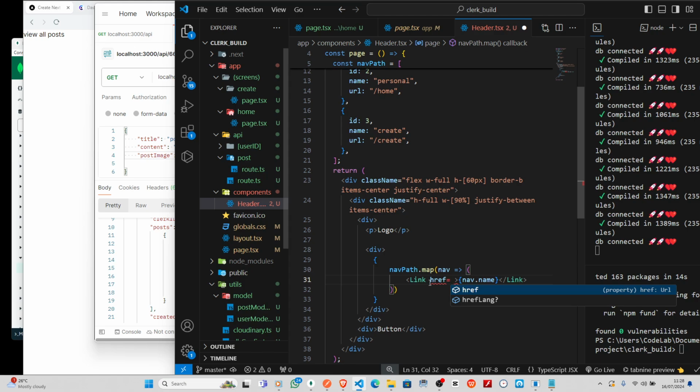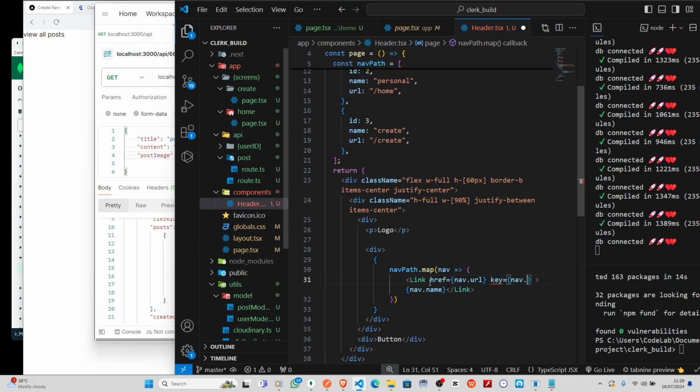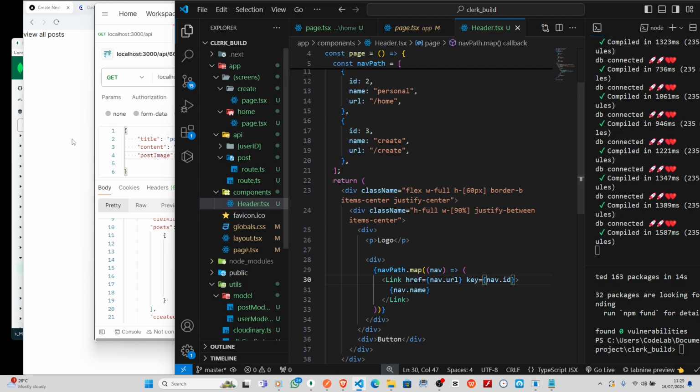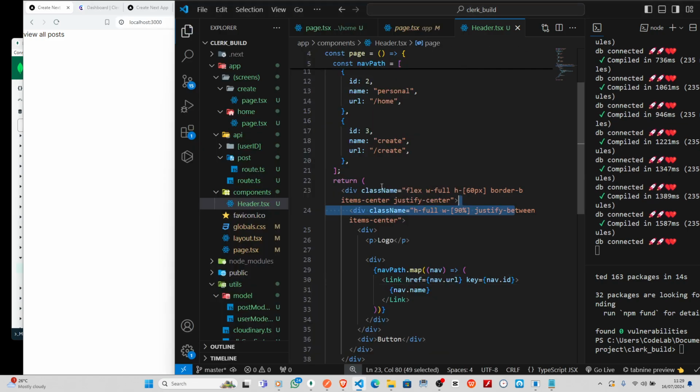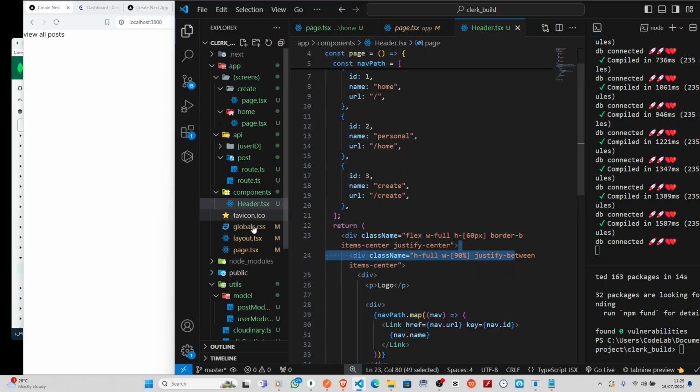So I must make sure I pass in, rather, nav.url. Okay, so give them a key so that it doesn't show an error. So that will be nav.id. Okay, so once I save this, I should start seeing something, but before then I need to come to